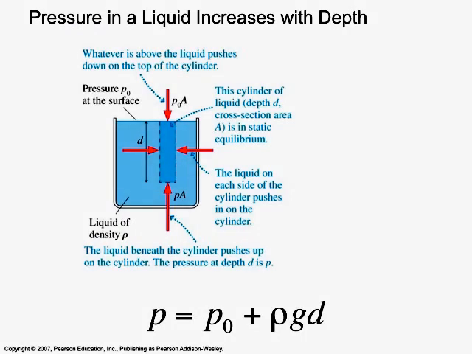So we know that pressure increases with depth. So similar to what we did with buoyancy in the previous lecture in Part A, an object will have different pressures on it. The bottom of the object will have a greater pressure than the top of the object.